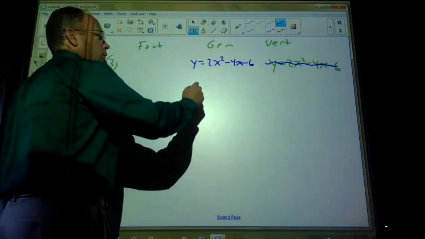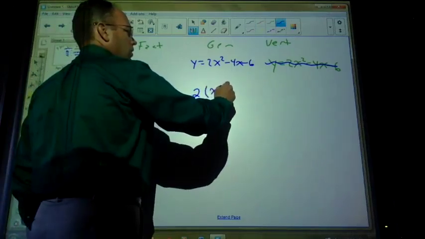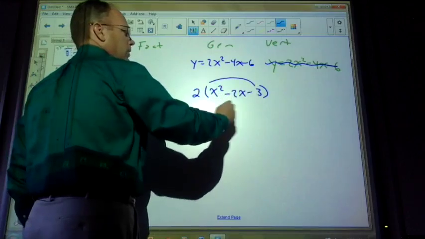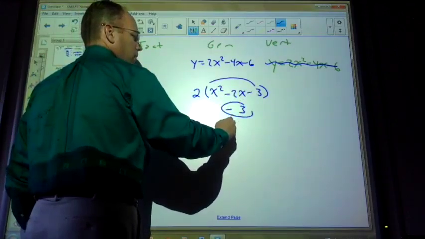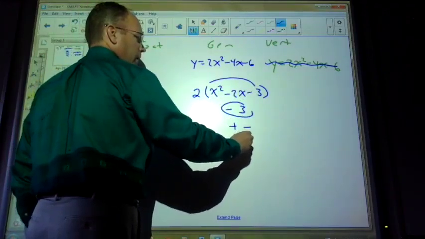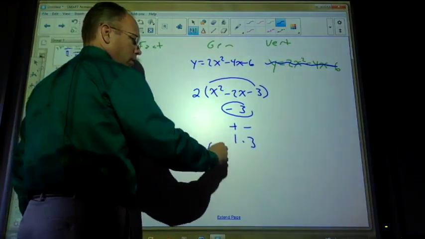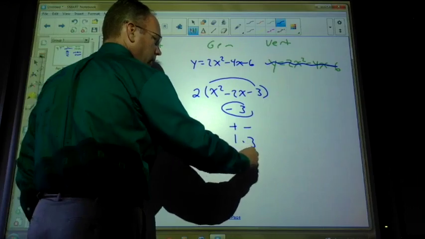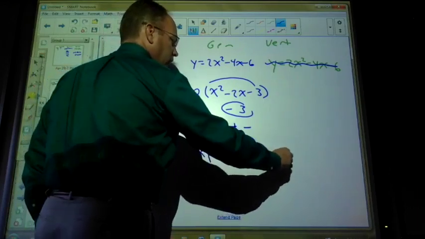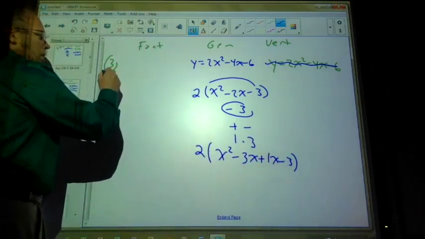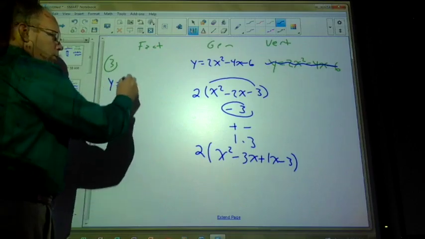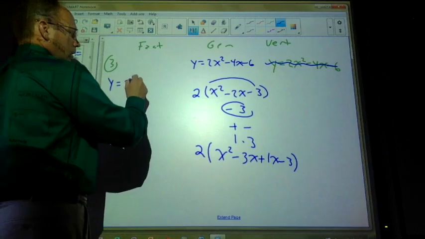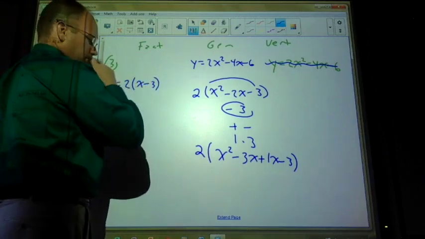So let's get to the factored form. So I'll factor out a 2. I have this. And then my magic number is negative 3. So positive and negative signs, and 1 and 3. So I have 2, x squared minus 3x plus 1x minus 3. So our factored form is going to be this. 2, x minus 3